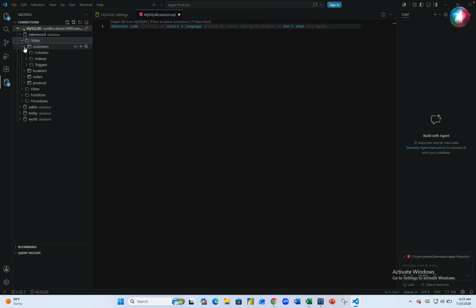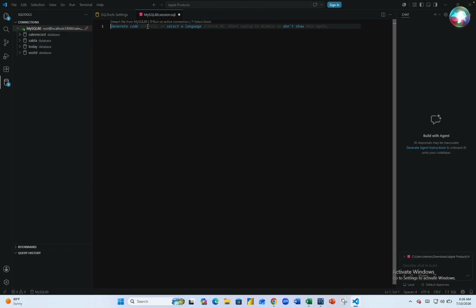In each table, the customer table for instance, we have columns. You can easily know how many columns we have from there and all that. So this is just everything that has to do with that. So I can write my code here. It's going to work. If I say let me use